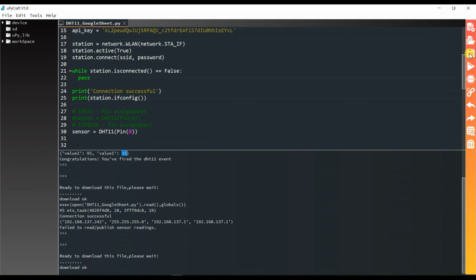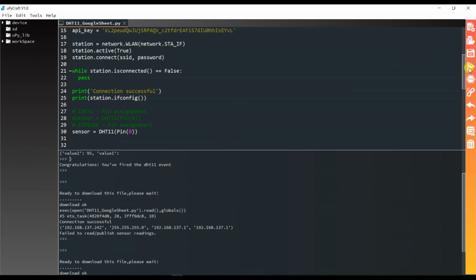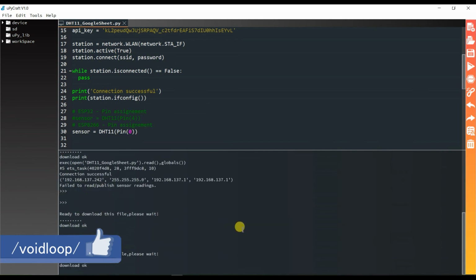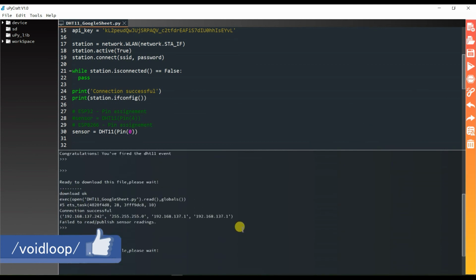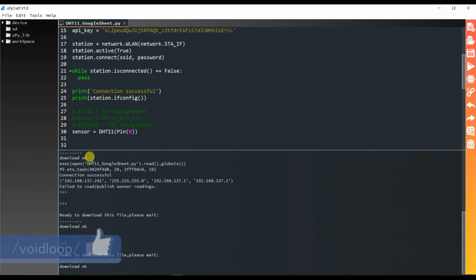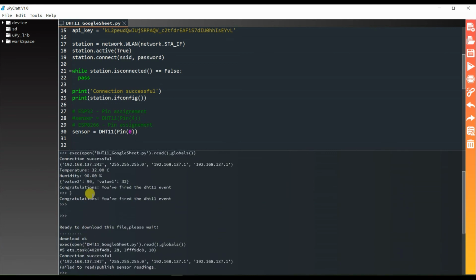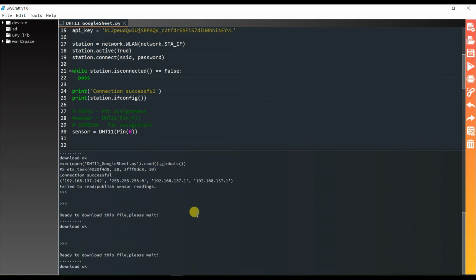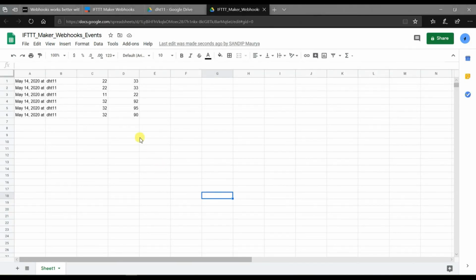I will again run. Now here is 90% humidity. I think humidity is changing suddenly. Here is 90%, 32 degrees centigrade.